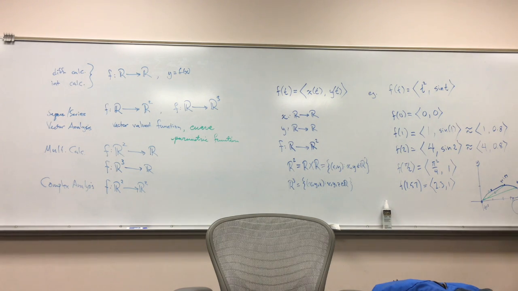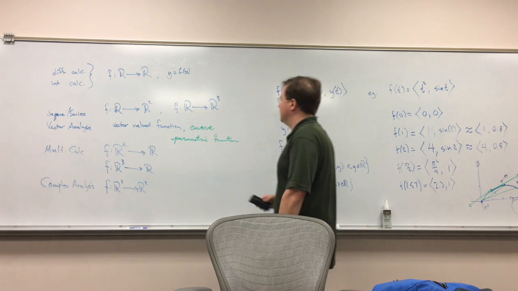to pick a point, say this one right here, when t equals 1, and find the slope of the tangent line. Or even better yet, the equation of the tangent line. Once I know the slope, it's no problem, because I already know the coordinates of this point. The coordinates of the point are right there. So all I need is a slope, and if I know the slope, I can write the equation of the tangent line. Right? And that slope would be the same as taking the derivative of each